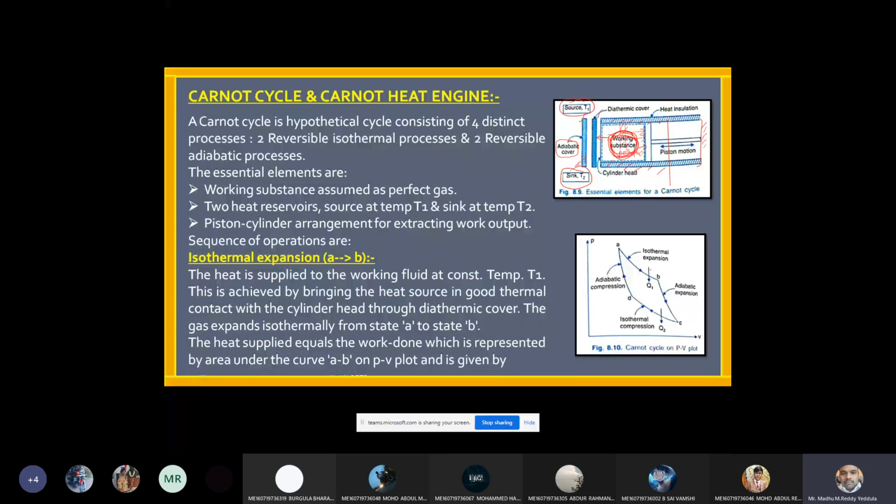So during this process A to B, we are supplying the heat. This heat supplied gives rise to the work done by the system. How to get the work done? As we know, the area under the PV diagram gives the work done. Therefore, if you calculate the area under the curve AB, it gives the work done during this isothermal heat addition process, nothing but the isothermal expansion process. We already